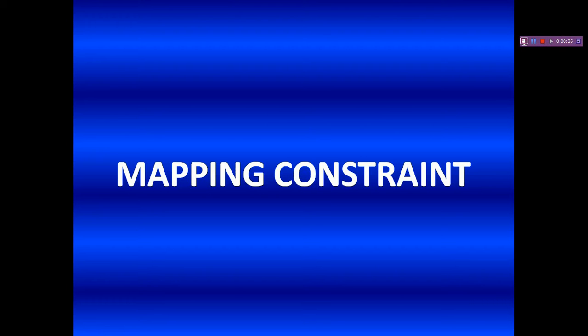We also discussed the entity types. In the entity we discussed entity type, entity set and attributes, types of attributes, and the last one is our relationship. In the relationship we discussed the relationship type and relationship set. So today we will discuss the mapping constraint. Let us discuss in detail what is a mapping constraint.